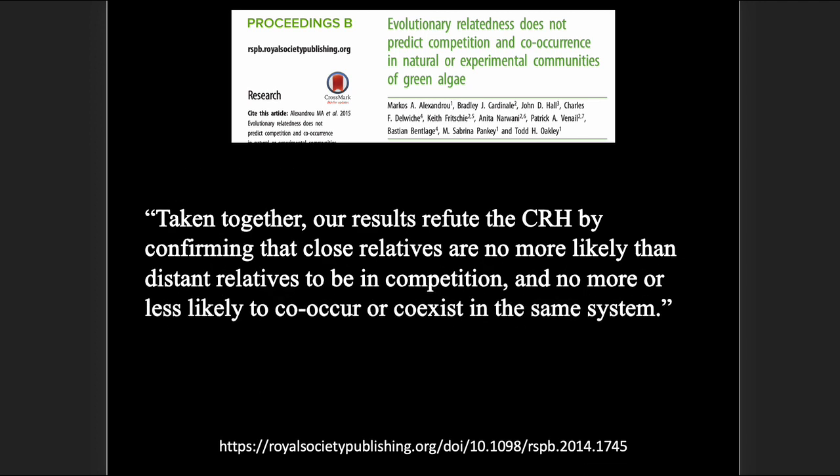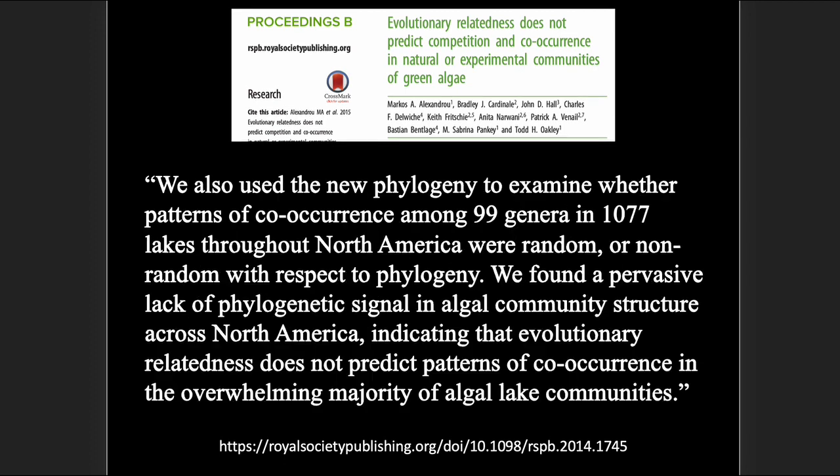And then skipping down, taken together, our results refute the CRH by confirming that close relatives are no more likely than distant relatives to be in competition, and no more or less likely to co-occur or coexist in the same system. Continuing, we also used the new phylogeny to examine whether patterns of co-occurrence among 99 genera in 1,077 lakes